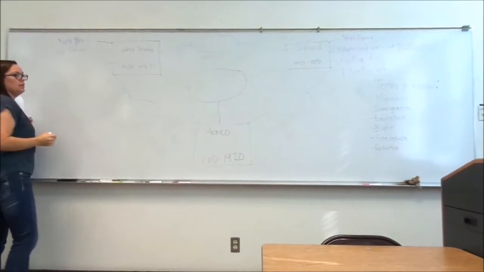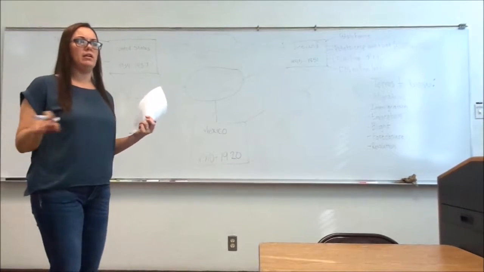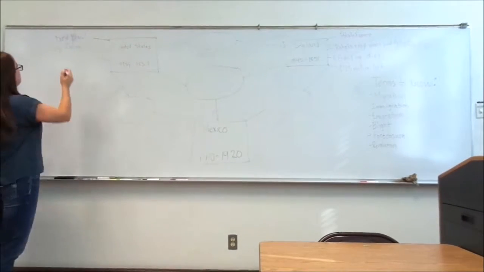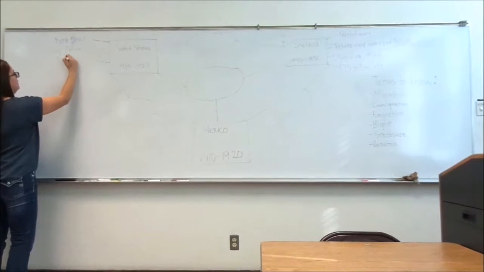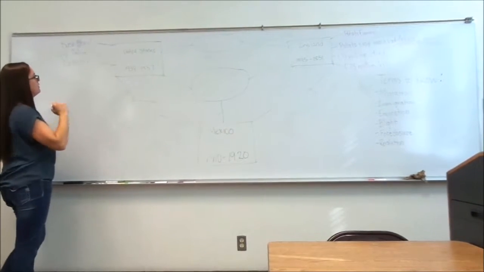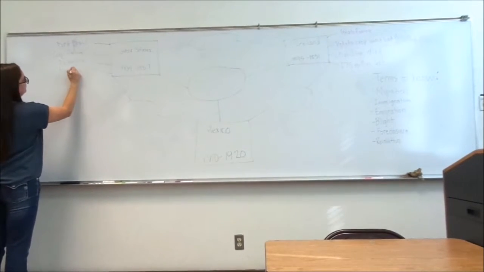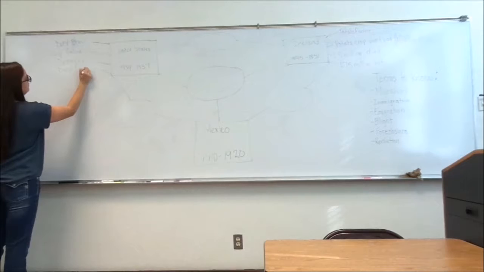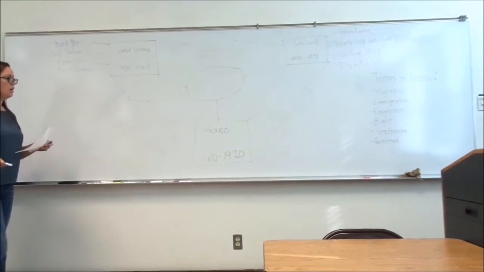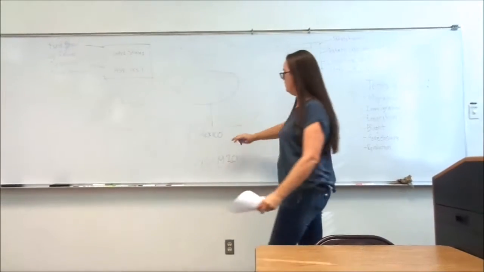And there was no rain. What does it mean when we have no rain for a long time and we have no water? A drought. A drought. Great job. Drought. And we had dust. Dust storms. I like how you guys are participating. Good job. Let's go on and move on to Mexico.